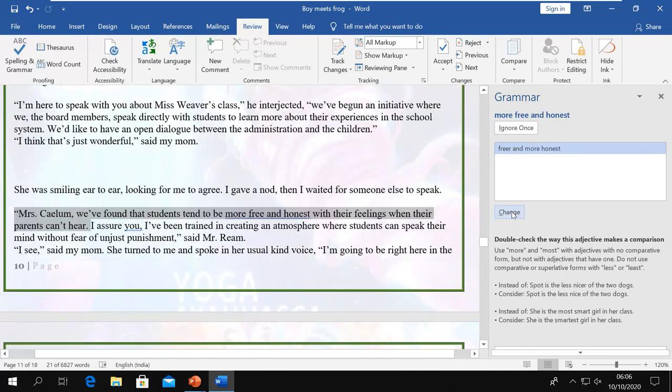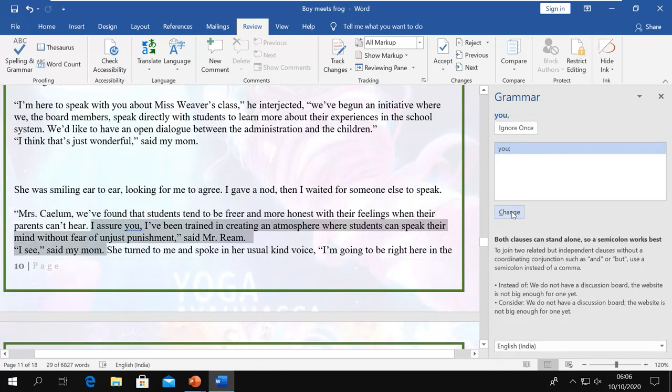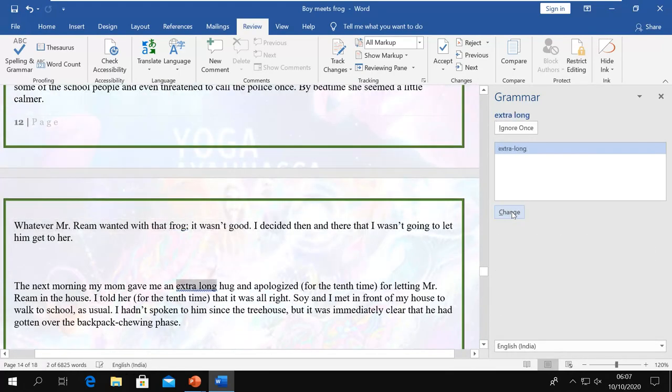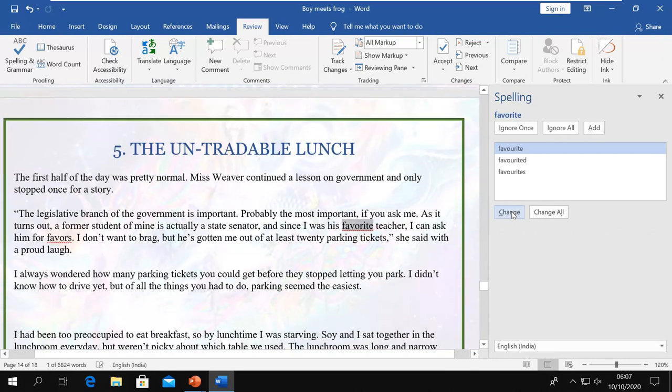And after doing all these, then finally it will do what? It will say all the checking has been done and you are good to go.